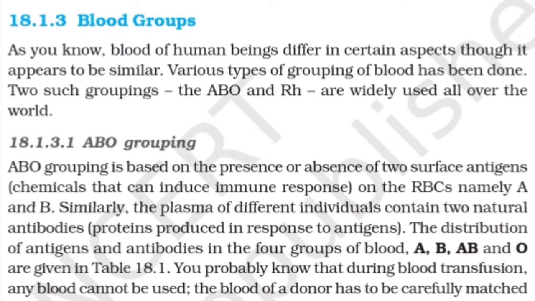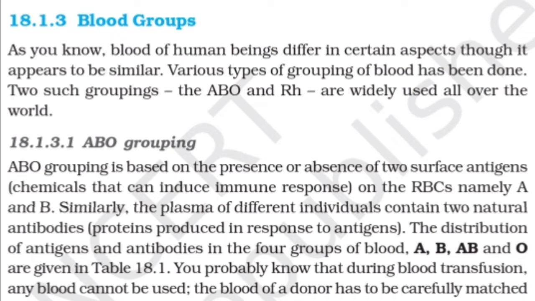18.1.3.1 ABO grouping. ABO grouping is based on the presence or absence of two surface antigens (chemicals that can induce immune responses) on the RBCs, namely A and B. Similarly, the plasma of different individuals contains two natural antibodies (proteins produced in response to antigens). The distribution of antigens and antibodies in the four groups of blood, A, B, AB and O, are given in